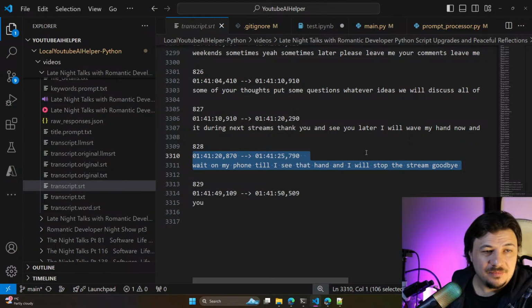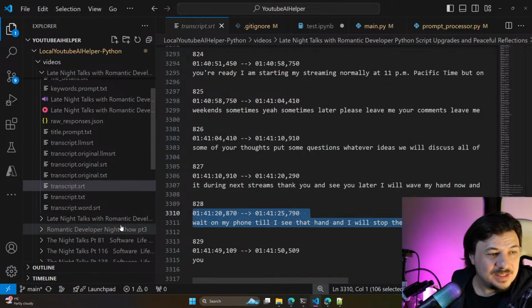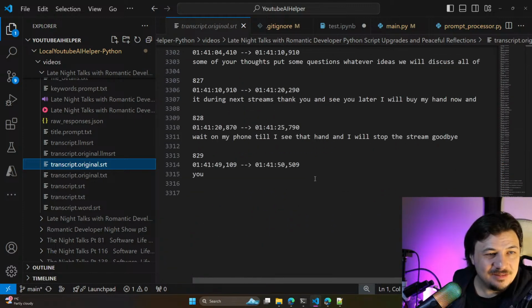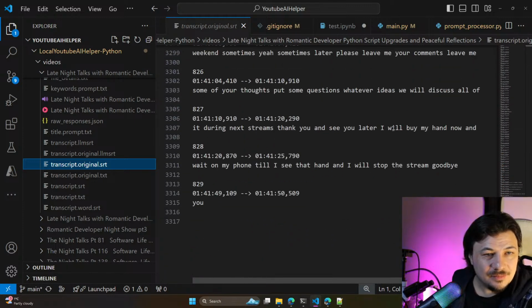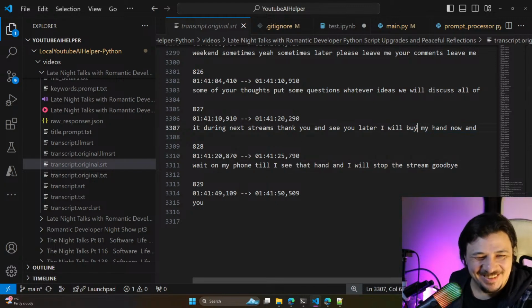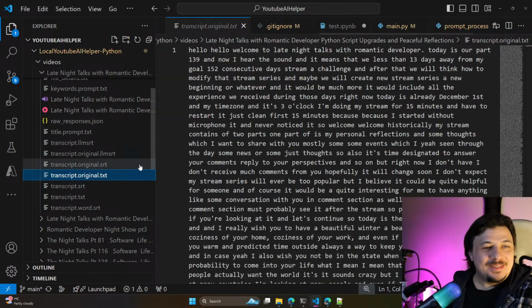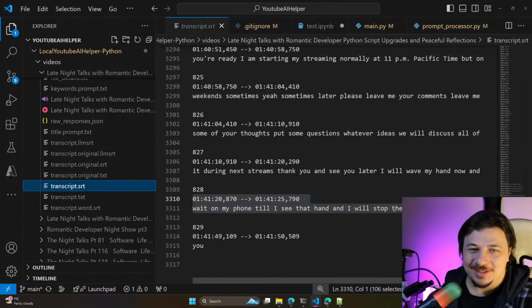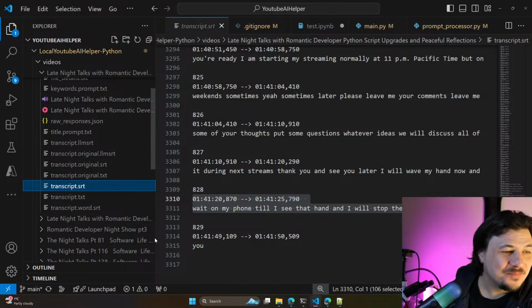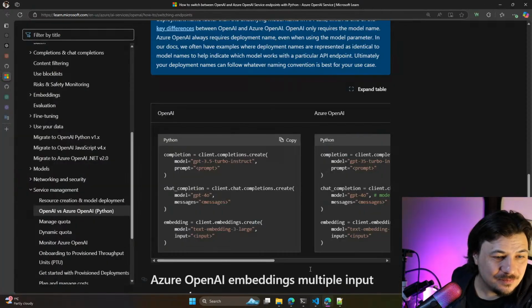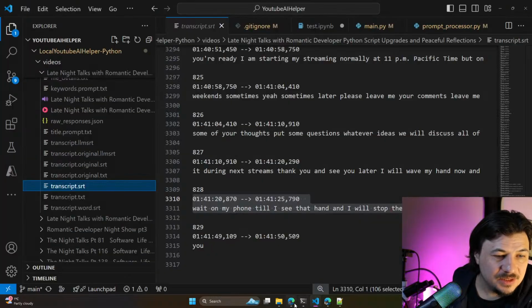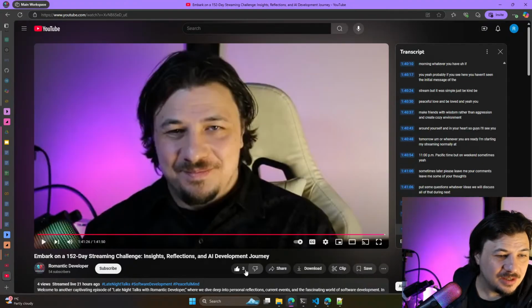Okay, that is better. And let's see the original SRT. Is it better still? The improved transcription is of course better. You see it's very simple to see. Okay, so now we are still working on my